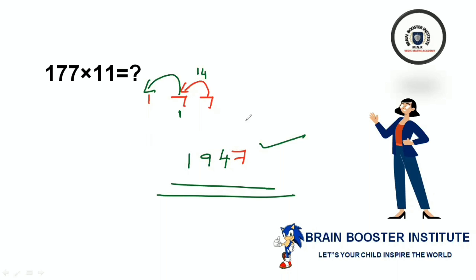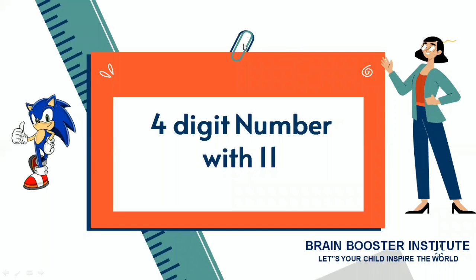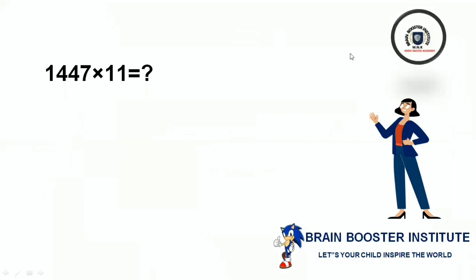Okay. If you have any doubt, please kindly rewind these steps, my dear friends. Now let's go to the next problem. So next, a 4-digit number, let's see now. 1447. I'm writing here 1447. So copy the unit digit number like this, and again